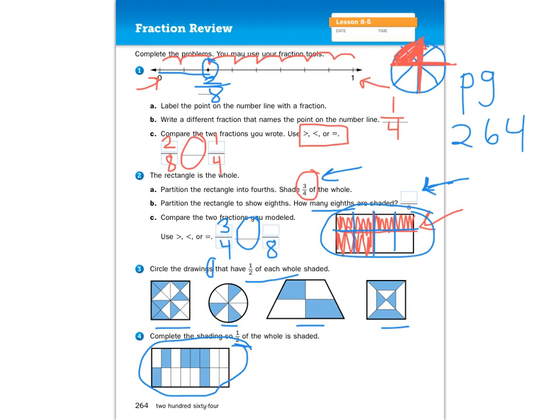So you're going to need to figure out how many more you need to shade. All right, that is page 264. I've done most of the work for you. I've left some for you to do. Make sure that you finish that, and then we're going to go on to the math boxes, which I believe are